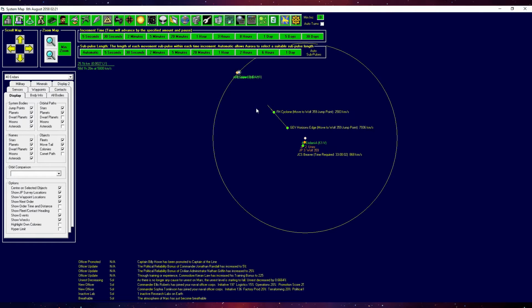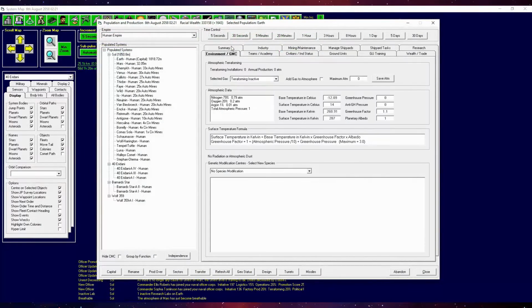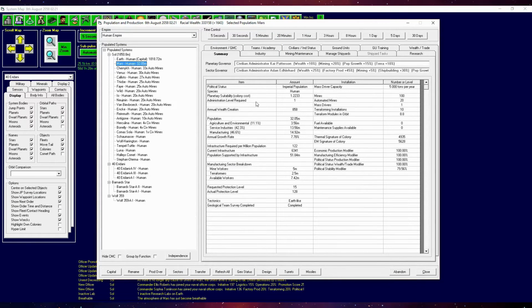Anyways, the reason why I came back so early, as you can see, both ships are moving, but this is not the real reason why I'm here. The reason is the atmosphere of Mars has just become breathable, and that is awesome, because we're almost there. We dropped down in the infrastructure requirement per million from about 200 to 122, because now they can